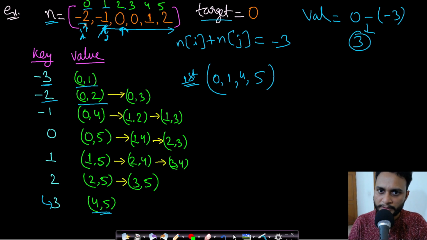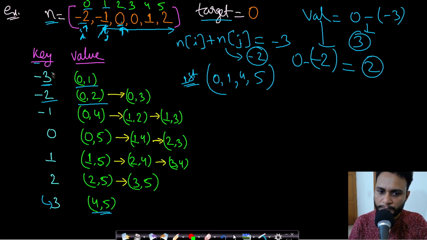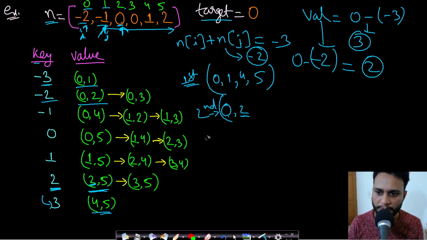Now our j value will increment; it will be -2 and this 0. So nums[i] plus nums[j] will now be -2 plus 0, which is -2. So our new value will be 0 minus -2, which equals 2. Is there any sum 2 present in this hash map? You will see that there are two sums. Initially we are pointing to index 0,2. And now this is sum 2, and we have found 2,5. But you will see that 2,5 is overlapping with this 0,2. This index 2 and this 2 are the same. So this cannot be included, right? Because this will not form a quadruplet.